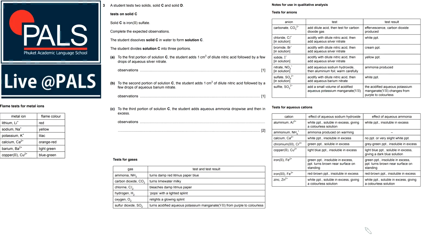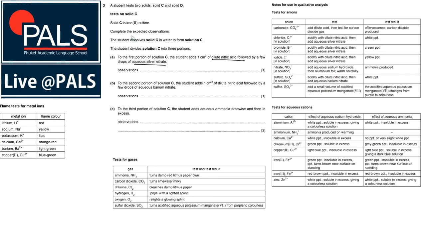Where are we? Just a moment. So we have nitric acid, few drops of aqueous silver nitrate. Okay, silver nitrate, there we go. So we can see that the test with silver nitrate is testing for the group 7 ions, the halide ions, chloride, bromide, and iodide. Since we do not have a chloride, bromide, or iodide ion in our solution,